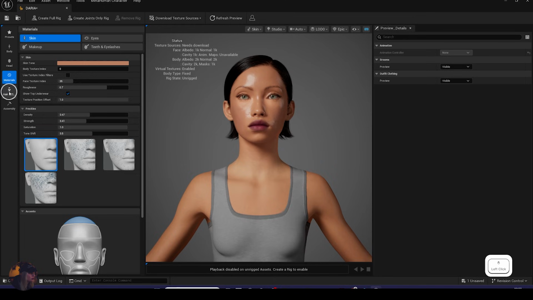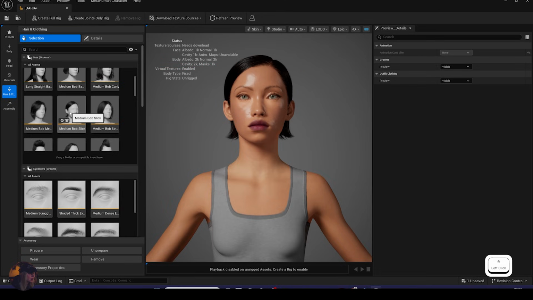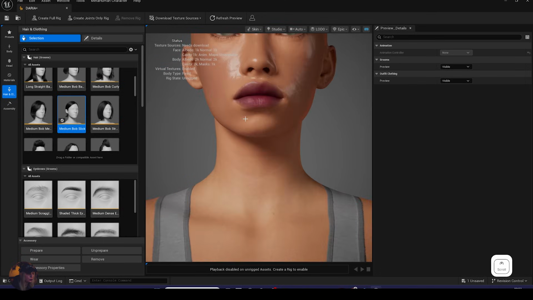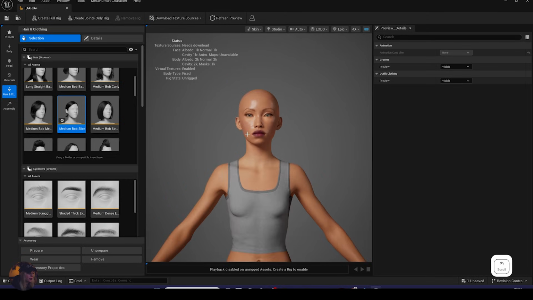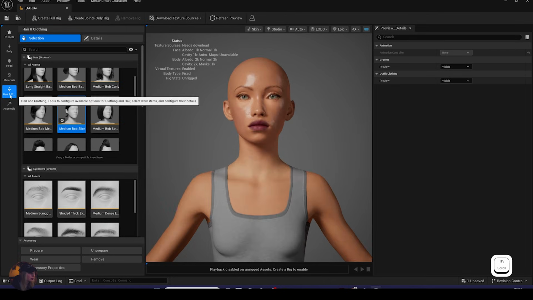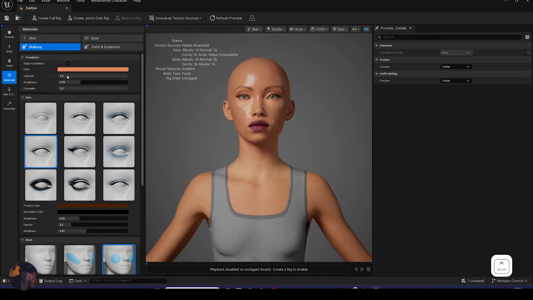I also had issues yesterday with the hair, so I'm selecting the hair and double clicking on my hairstyle to remove it. There seems to be a bug for now in Unreal Engine 5.7.1, so therefore I avoid using hair. Yesterday I also had issues with the makeup, so I'm just reducing it to a value of 0.1